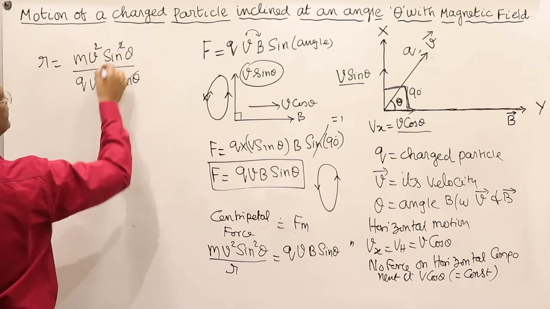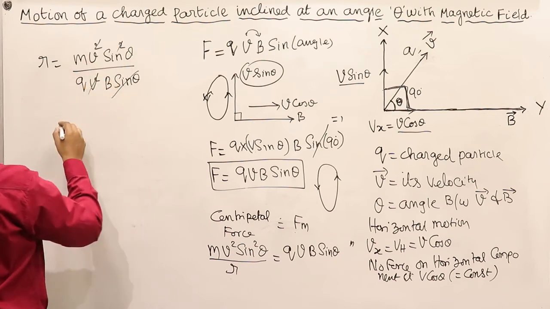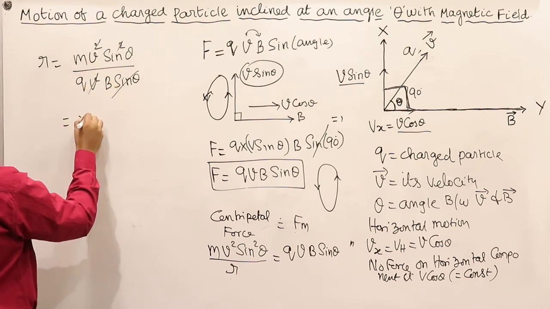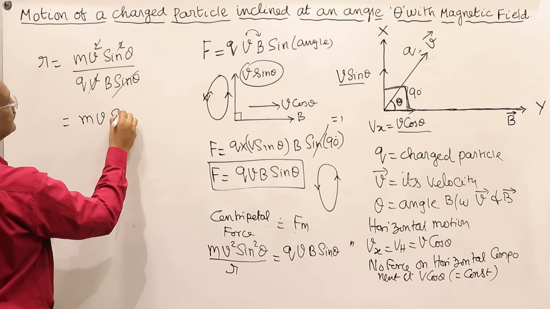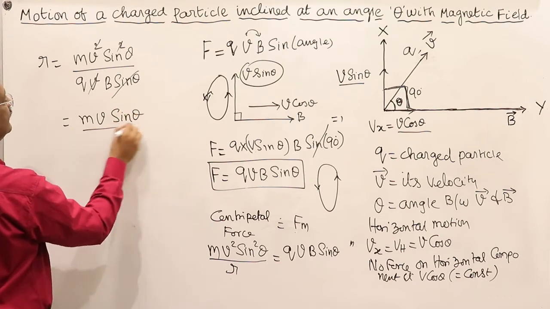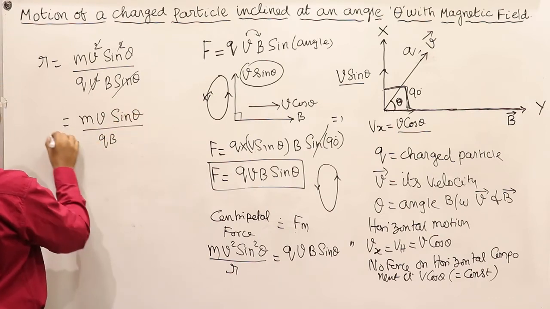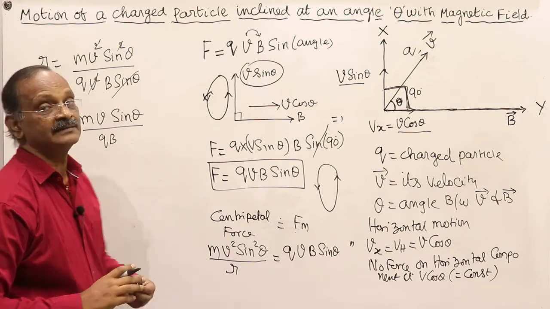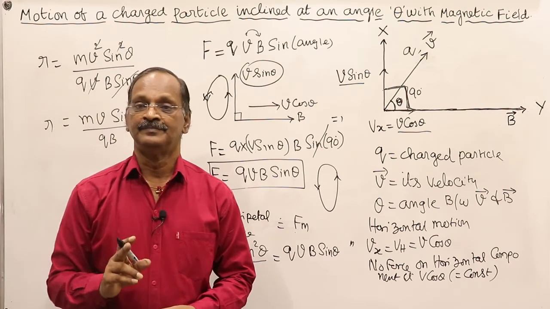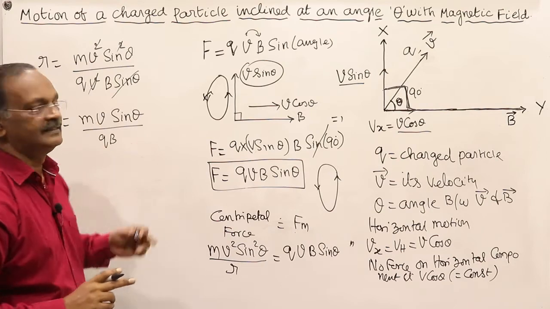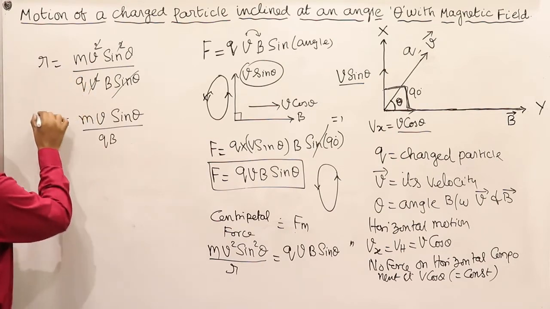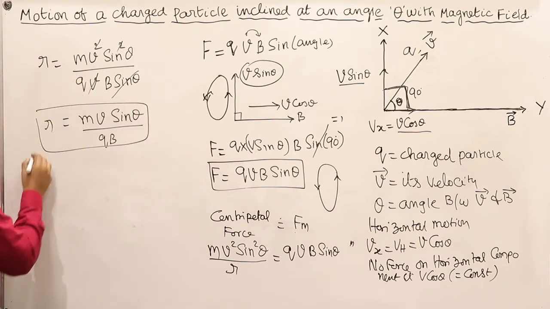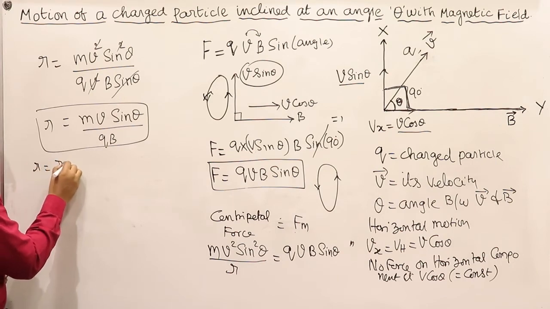So this and this get cancelled, and r is equal to m v sine theta divided by qB. This is the value of r, where r is the radius